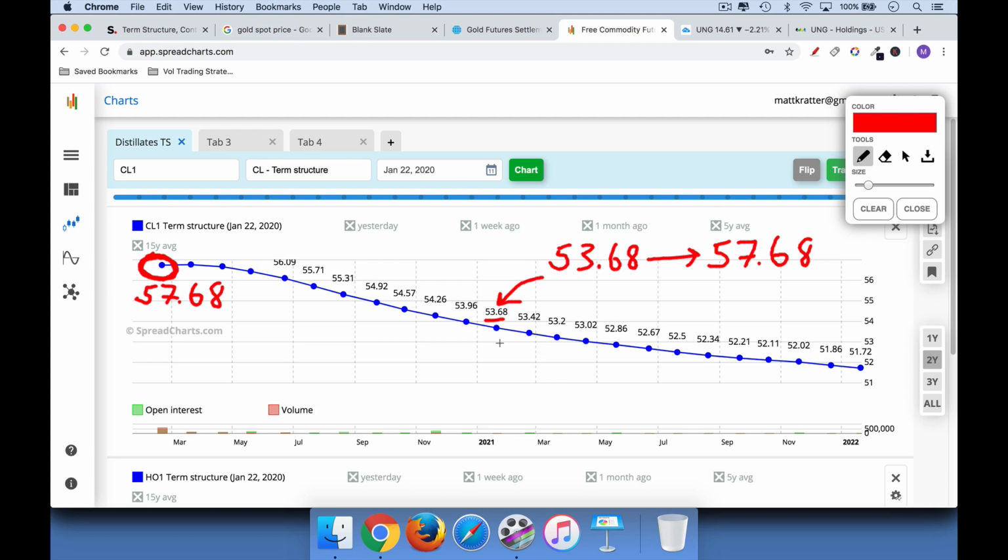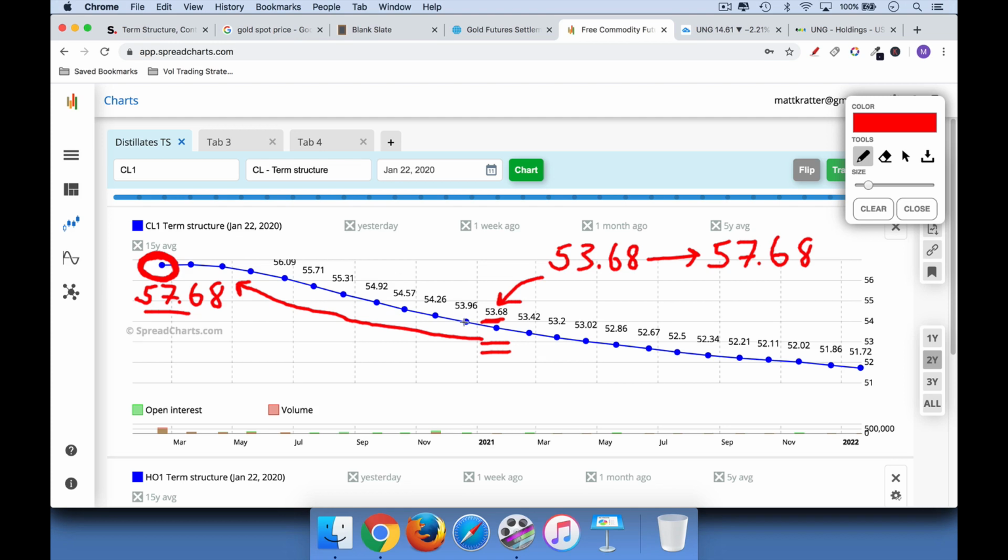And what essentially happens is called rolling up the curve. If a market is in backwardation and you think that the current price, the front of the curve, is an accurate representation of where prices are going to stay over the coming months, you can buy the commodity at a discount using a 12-month futures contract, and you roll up the curve. And so when this contract is getting close to expiration, it's going to be trading very close to the spot price, because it is basically a contract that says, what are you willing to sell me oil for delivery in January of 2021?